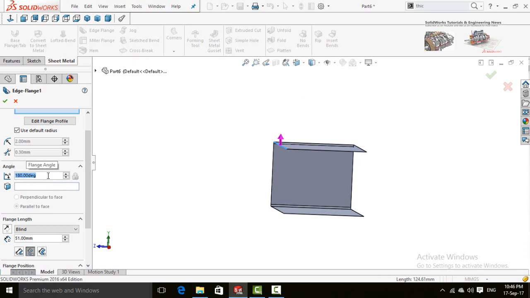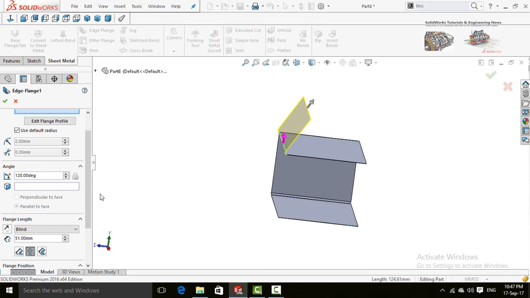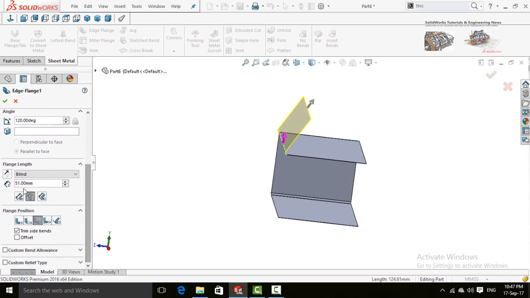For this time, let me select 120 degrees. Here is the length for the extrusion. See how it is working. This is the type of distance from the flange. Here is the flange position.